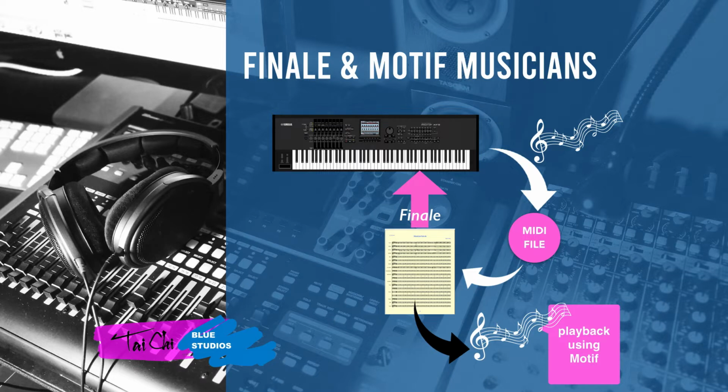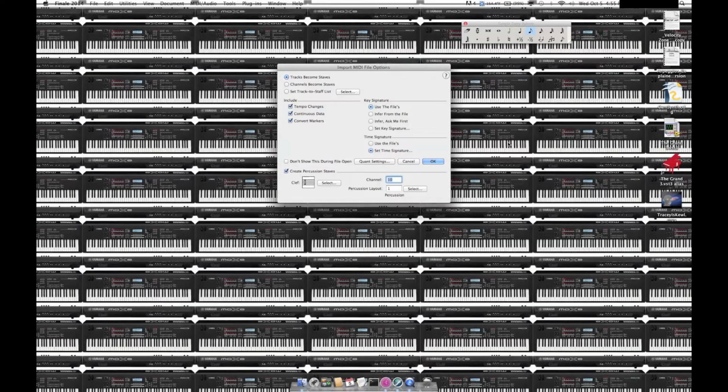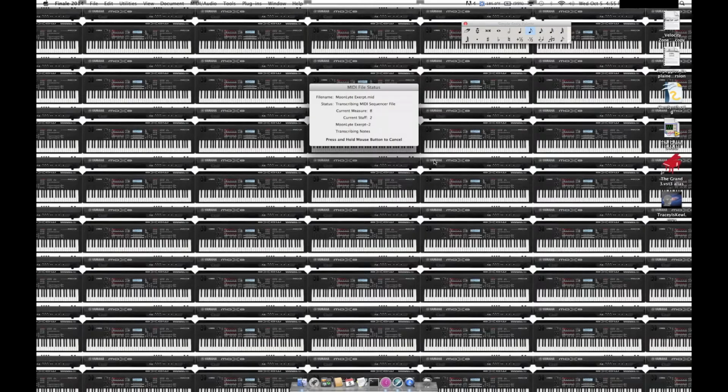Garriton sounds. And so, as the second part of this process, I bring my MIDI into Finale, and this MIDI is created on the Motif. In this case, I changed the channel to 4 because I know my drums are on track 4. And I'm just going to go through this process to show how